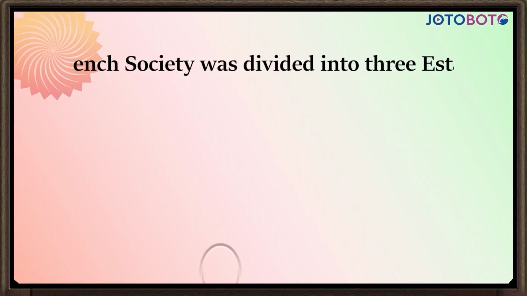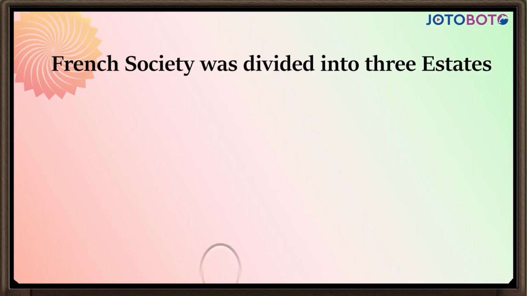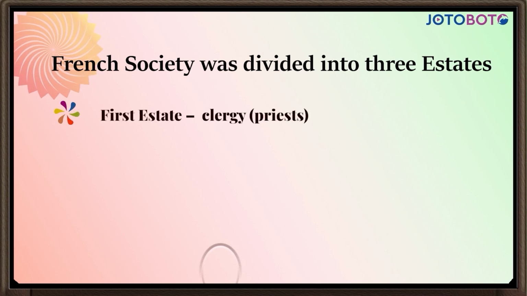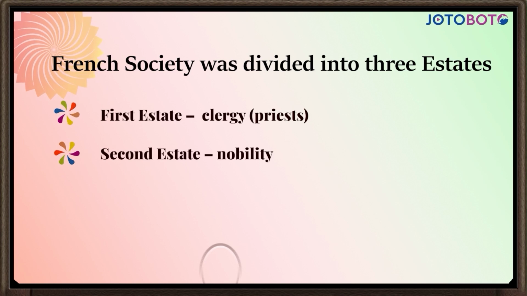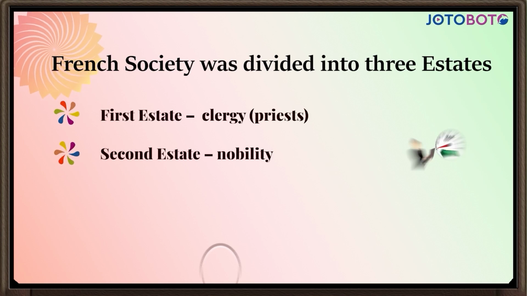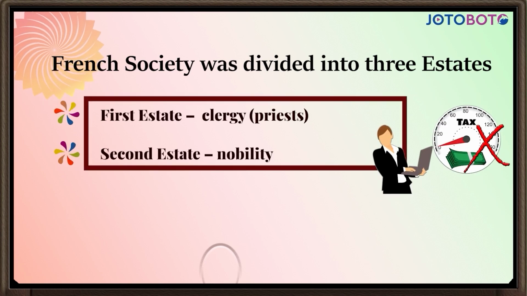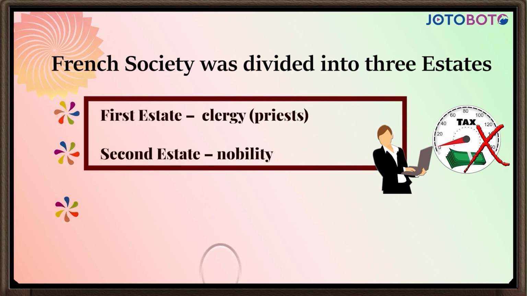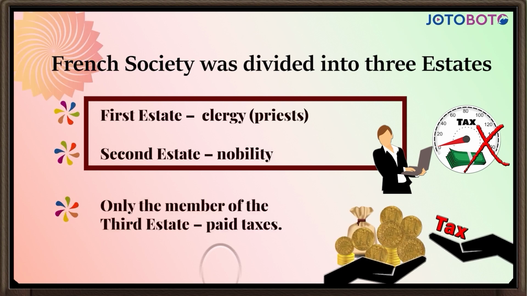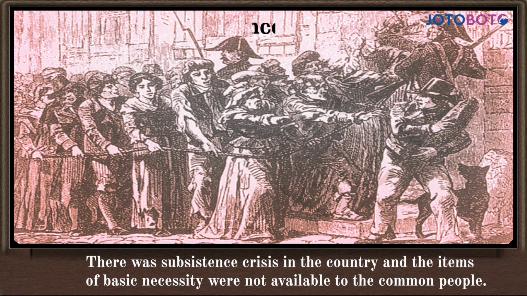The French society was divided into 3 estates. The first estate included the priests or the clergy. The second estate included the nobility. Both these estates did not pay tax. Only the members of the third estate paid taxes. There was a subsistence crisis in the country, and items of basic necessity like bread for food were not available to